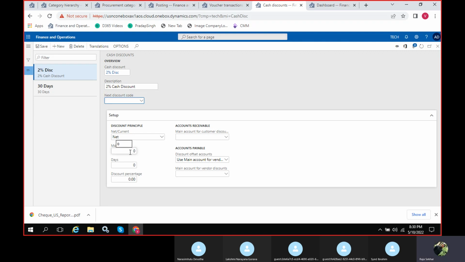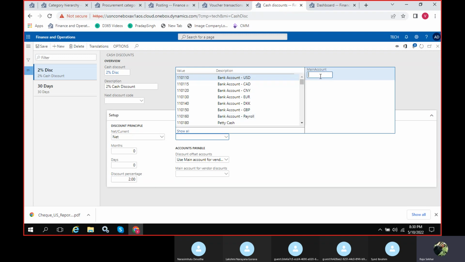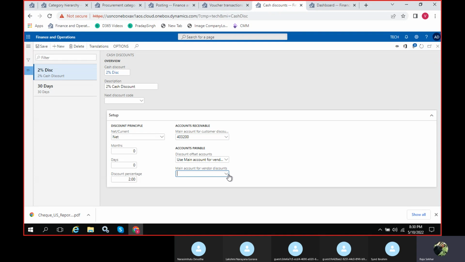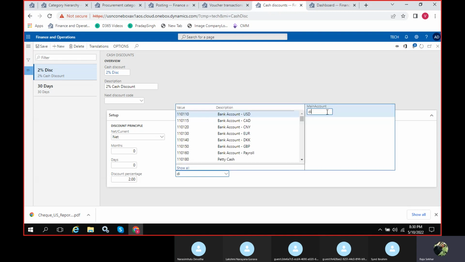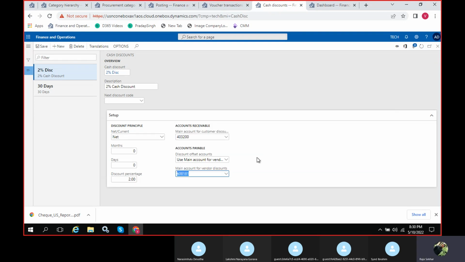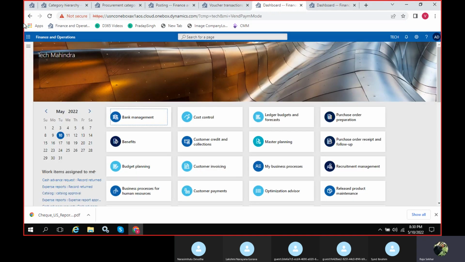You can give the percent here, some 2% or 3%, however you like, and here you need to define the accounts as well, the discount accounts. So you can define your accounts and just close it.